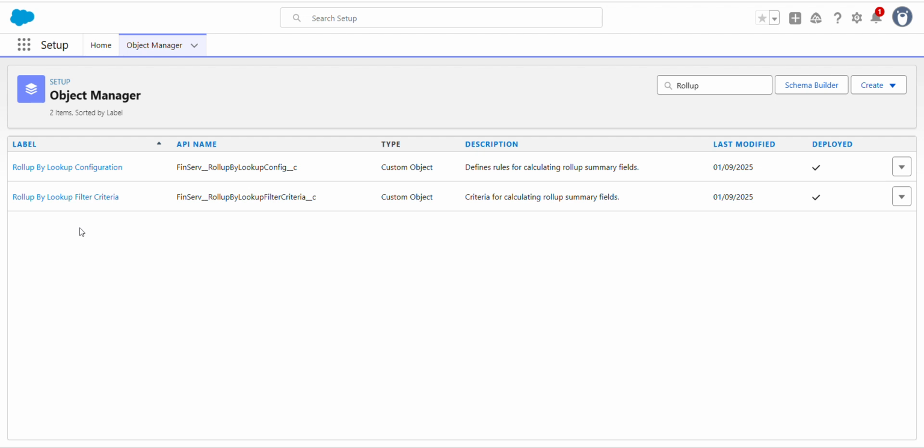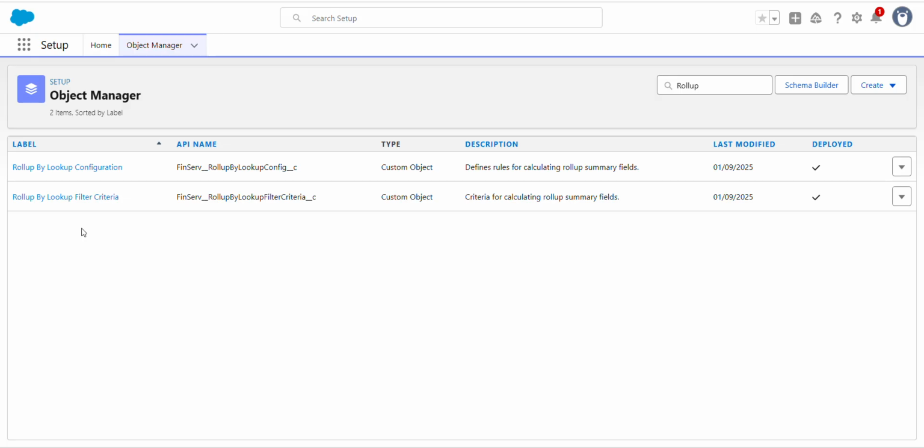You can only set up roll-ups for the primary group. If the primary group field is not enabled, the option to roll up is restricted. We don't recommend or provide support for creating or customizing Financial Service Cloud rollup by lookup rules.